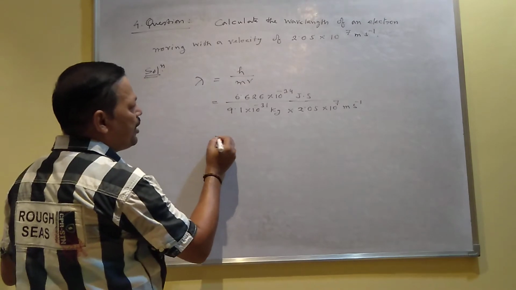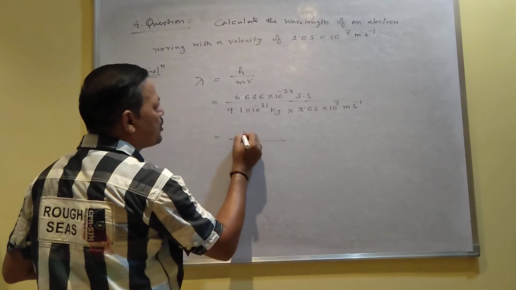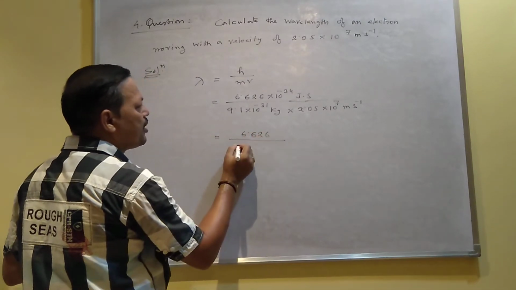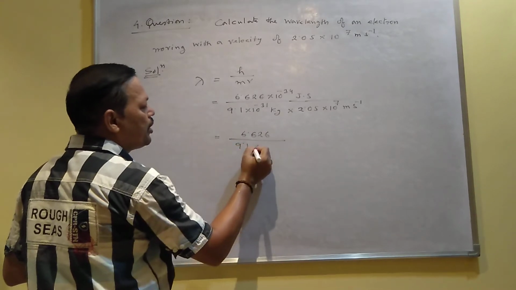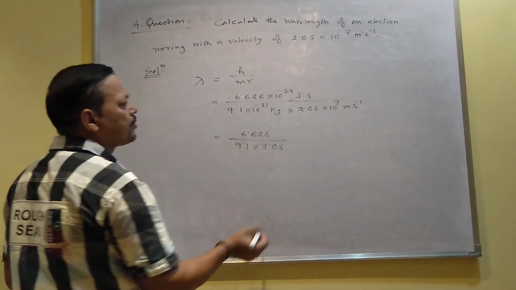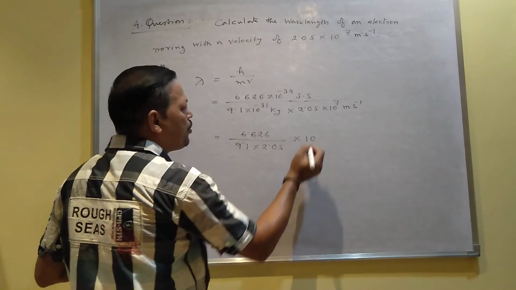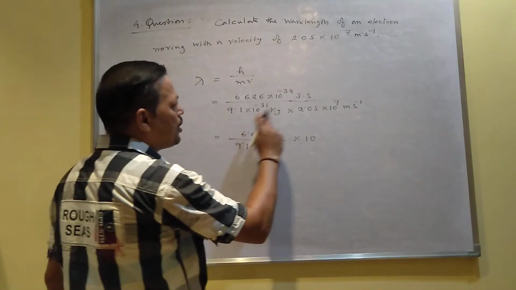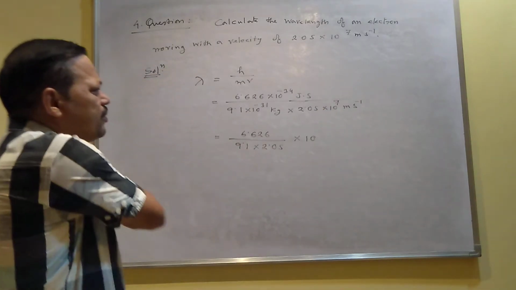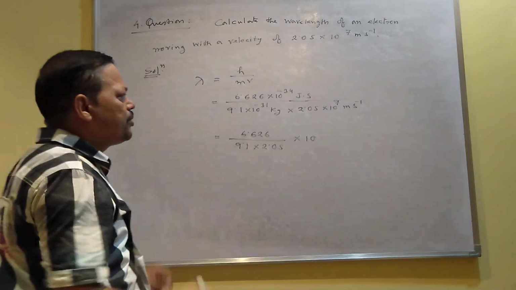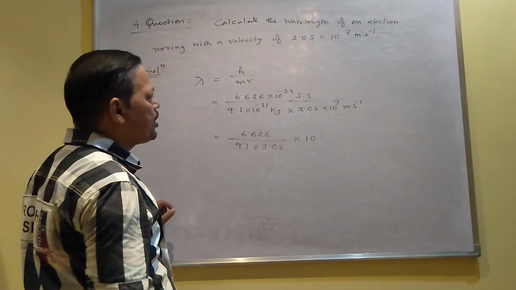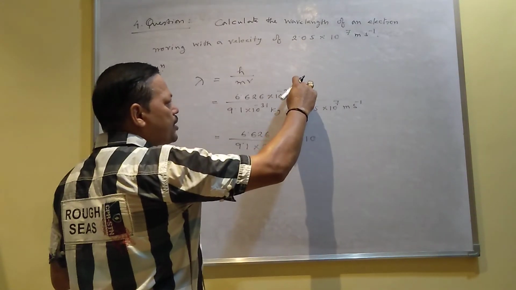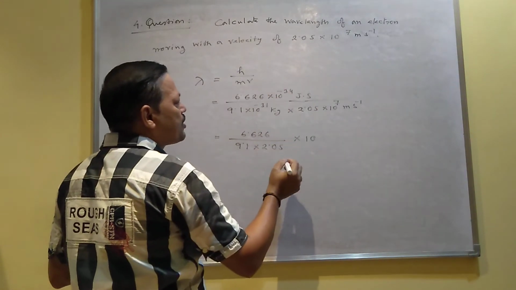So you can write 6.626 divided by 9.1 into 2.05 into 10 to the power, the resultant, minus 31 plus 7, so 7 minus 31 gives minus 24, which goes to plus 24 in the numerator,